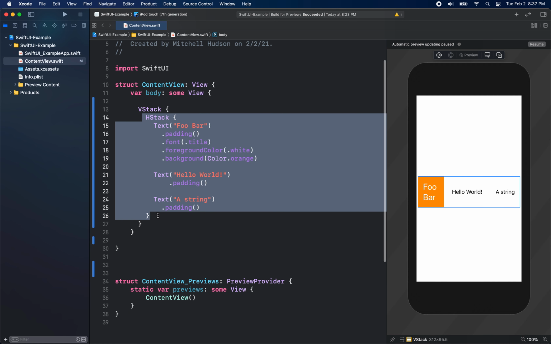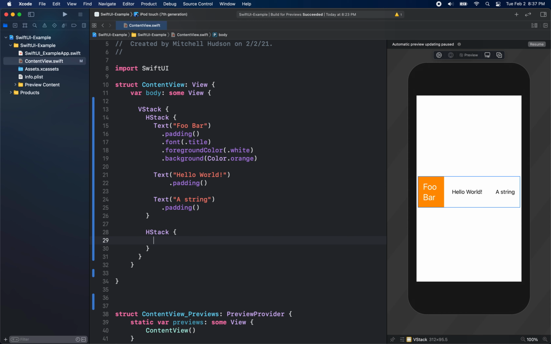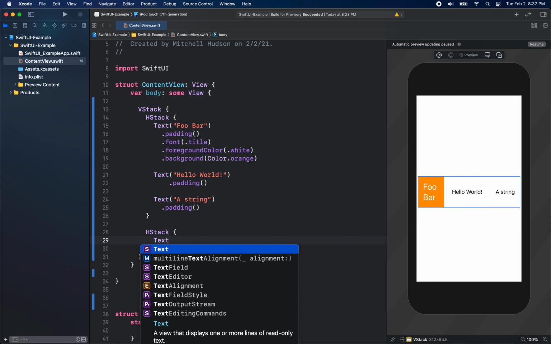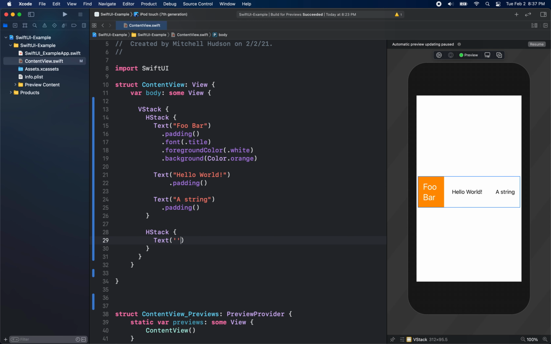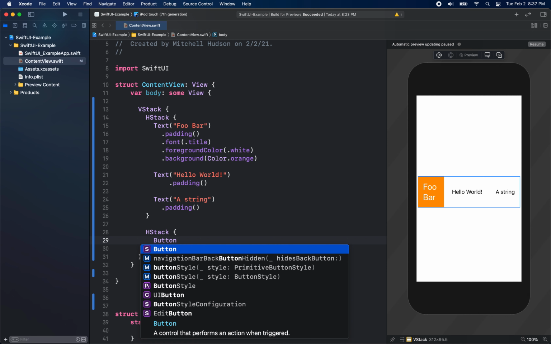Well, what if we wanted to create another row? So we'll add another HStack here and add a block. And now inside here, we could add some more text. Actually, let's do something a little different here. Let's add a button this time. So Button is a type, a view that we can use in SwiftUI. And you can see here when I choose Button, uppercase B,